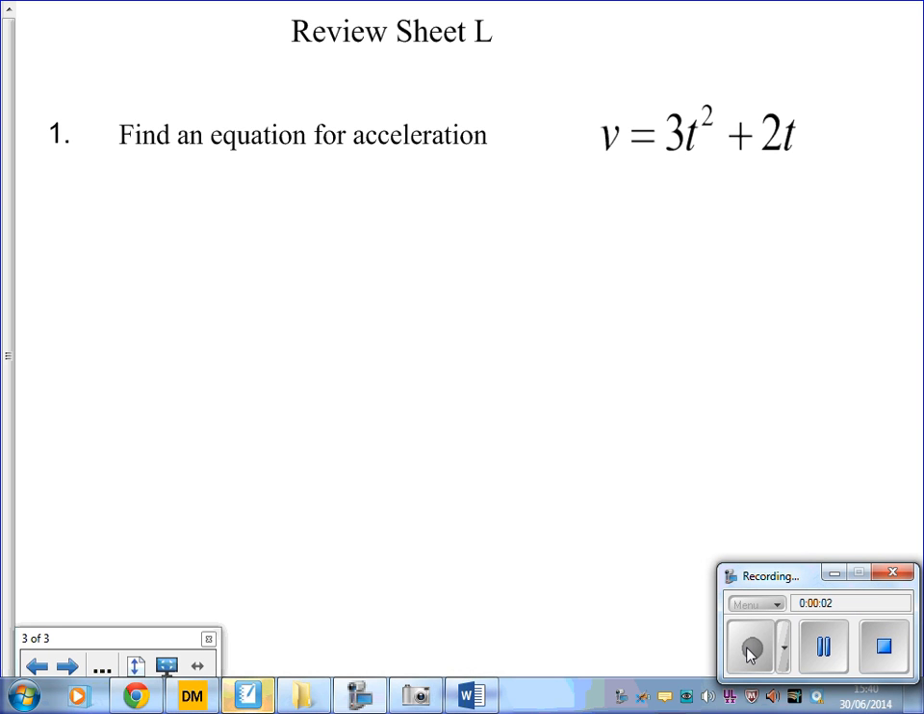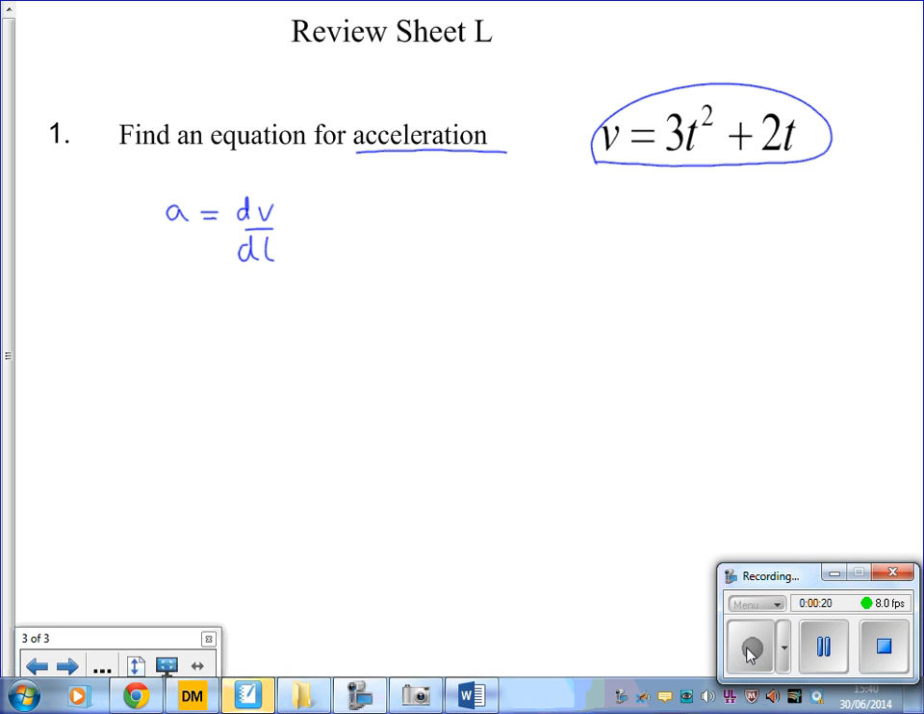Review sheet L. I'm given a velocity time equation, and I'm asked to find an equation for acceleration. If I had a velocity time graph, acceleration would be the gradient. So to work out the acceleration, I differentiate this